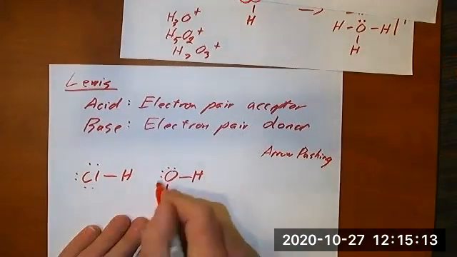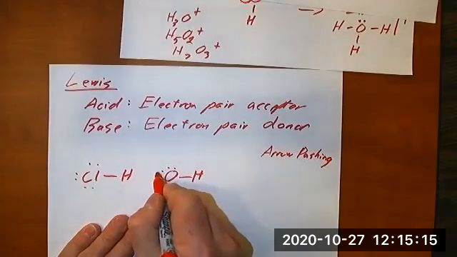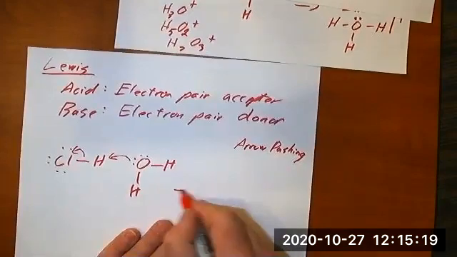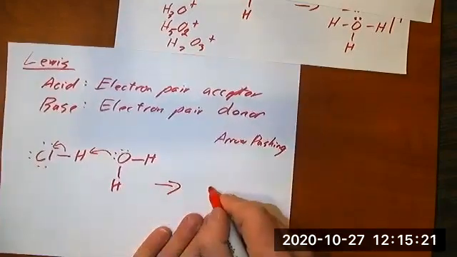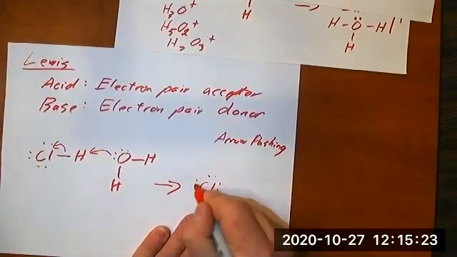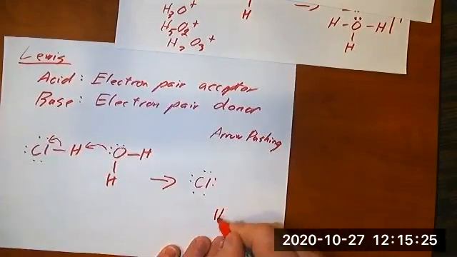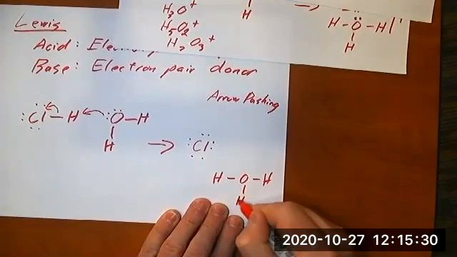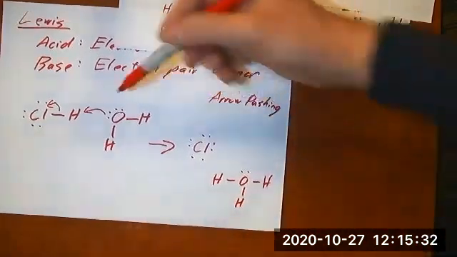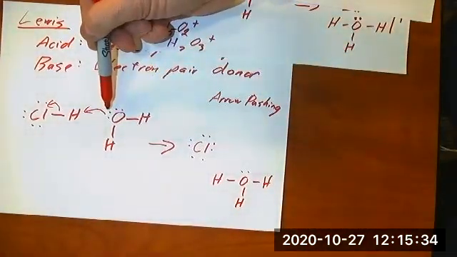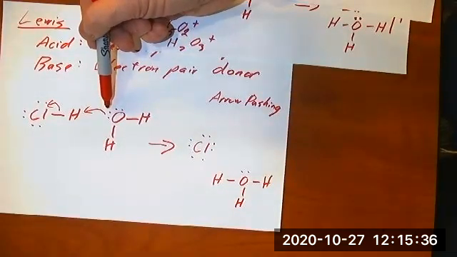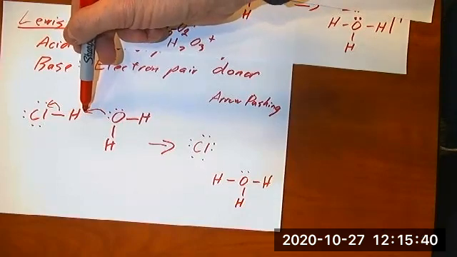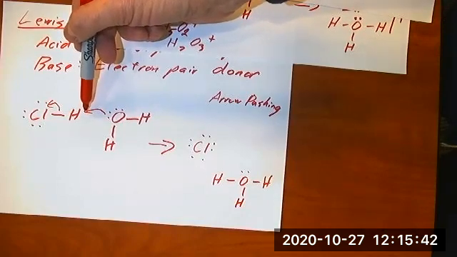And so we would draw this reaction like this to give us that and that. So the lone pair on this water is moving over to attach to the hydrogen atom, and that